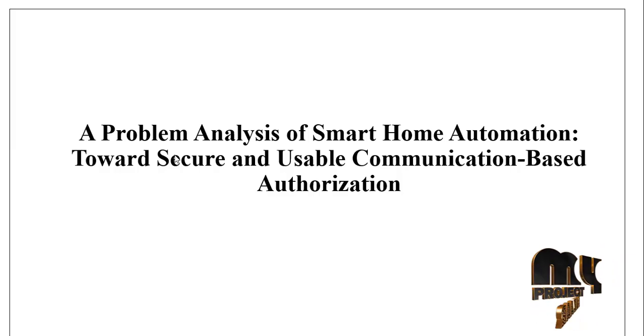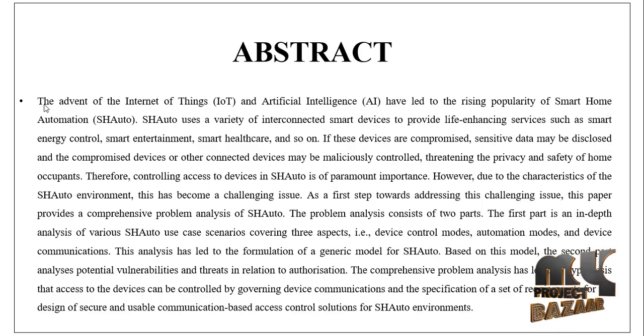Our project title is a problem analysis of smart home automation towards secure and usable communication-based authorization. Our project abstract: the IoT, the Internet of Things, and Artificial Intelligence (AI) have led to the rising popularity of smart home automation, SH auto, a process using a variety of interconnected